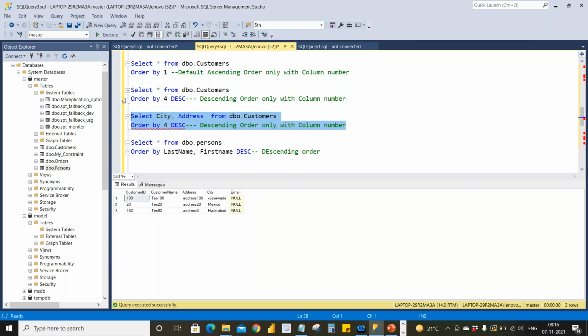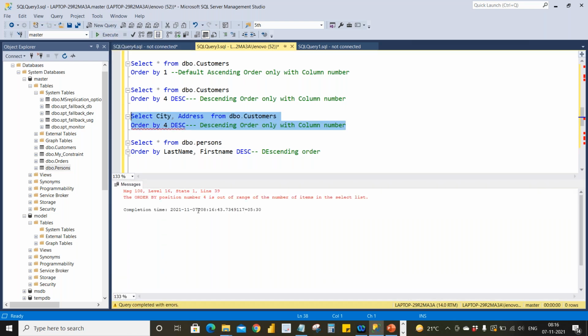Why is it giving some issue? Why it's giving some issue means when we are giving select column 1, column 2, see, it is not taking the star.